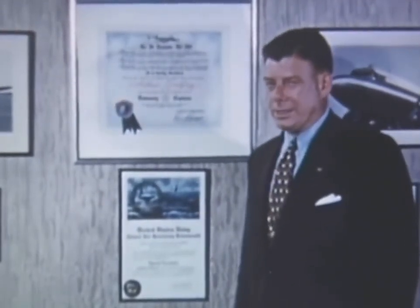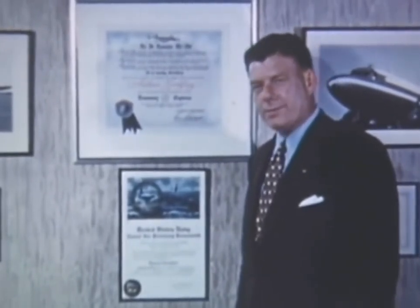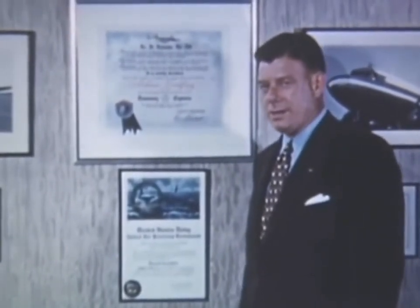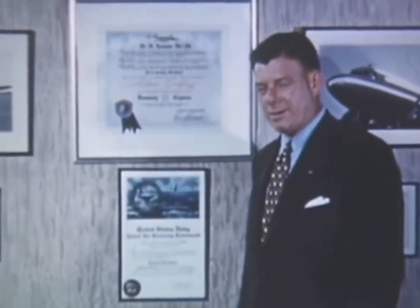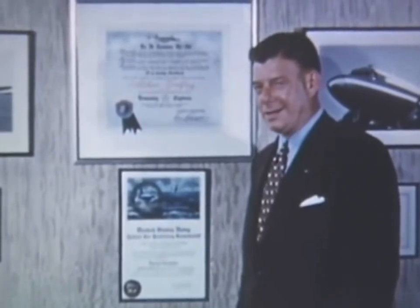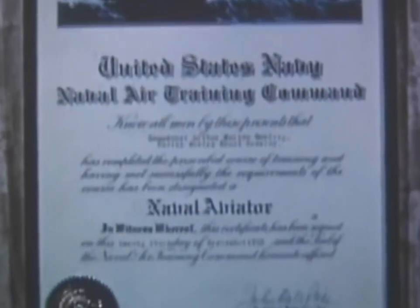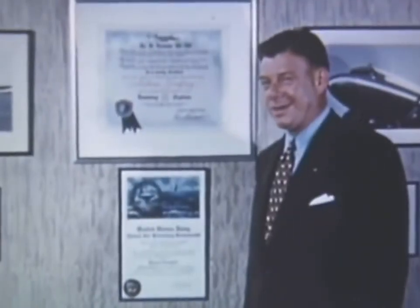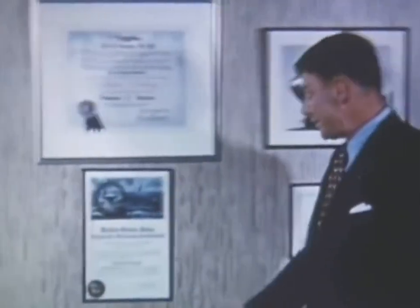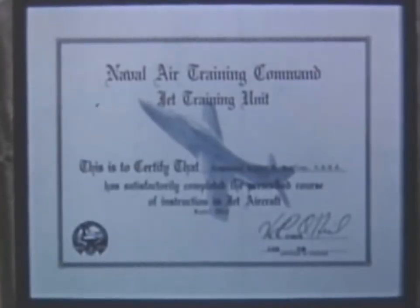I have been commissioned in the Naval Reserve since 1939, but because of an old injury to my legs, the Bureau of Medicine and Surgery wouldn't clear me for military airplane flying until 1950. So it was in 1950, in September, that I got my Navy wings at Pensacola, the happiest day of my life. Since that time, I have qualified as a carrier pilot, as a jet pilot,